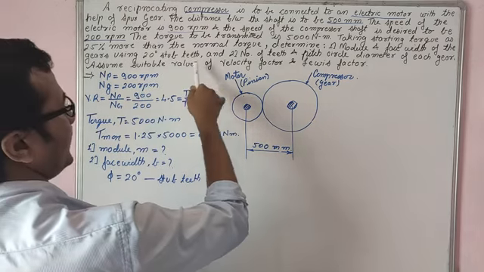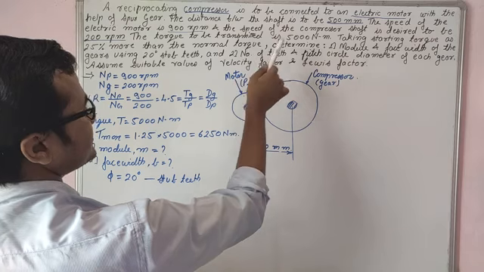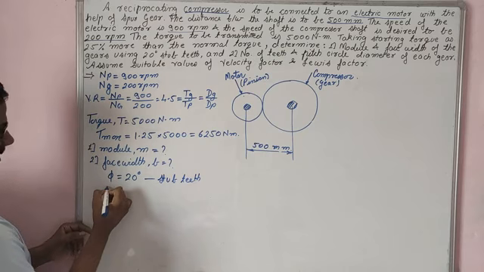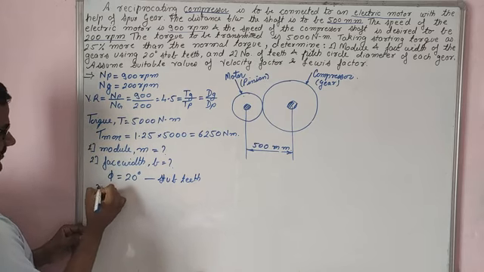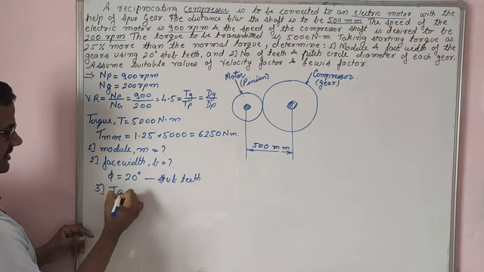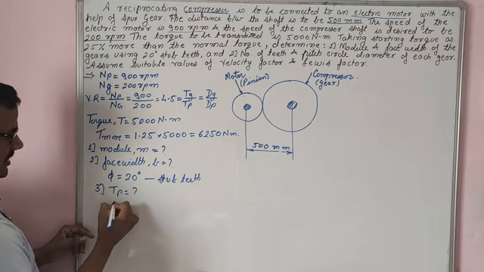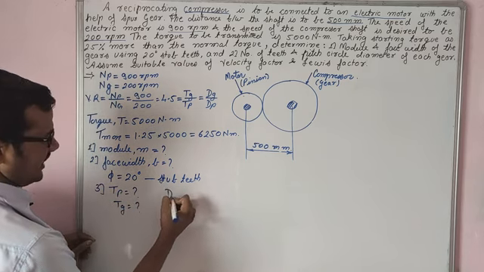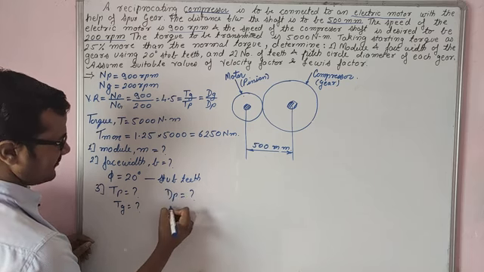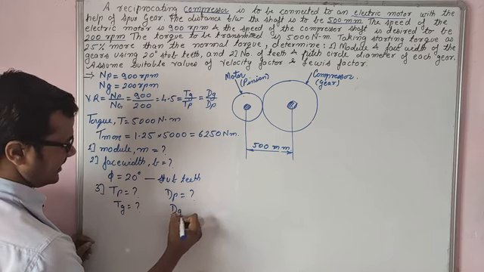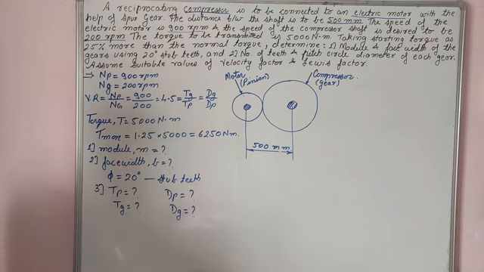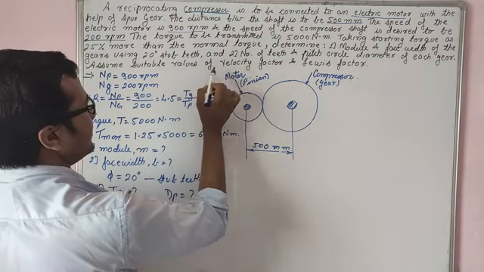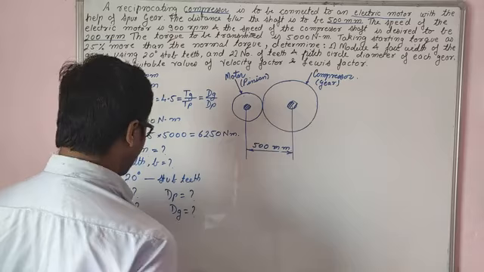And again the second thing which we have to find out is the number of teeth and pitch circle diameter of each gear. That is, the number of teeth on the pinion, how much, and the number of teeth on the gear. Again, we have to find out the pitch circle diameter of the pinion, say dp, and the pitch circle diameter of the gear, dg, right? Okay, the thing given is: assume suitable values of velocity factor and Lewis factor, right?